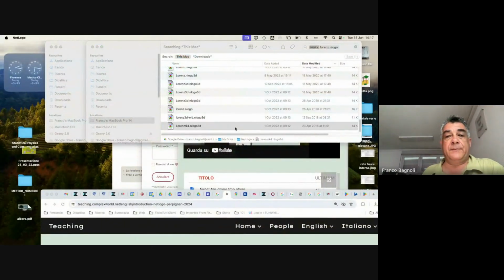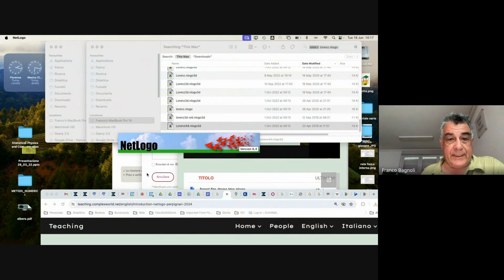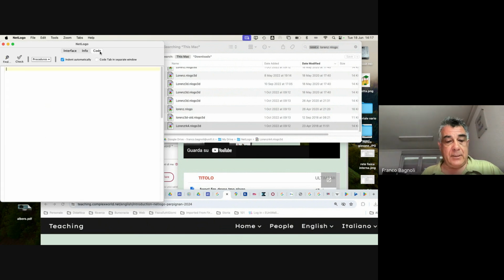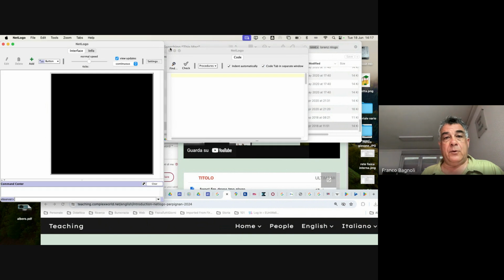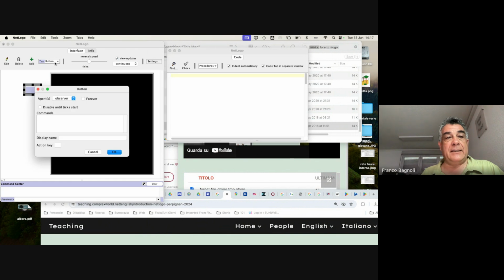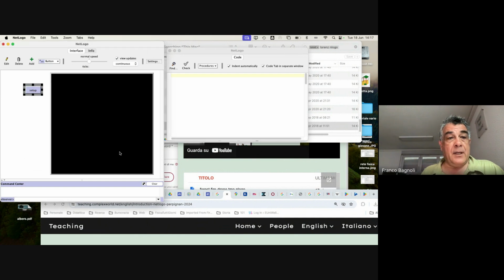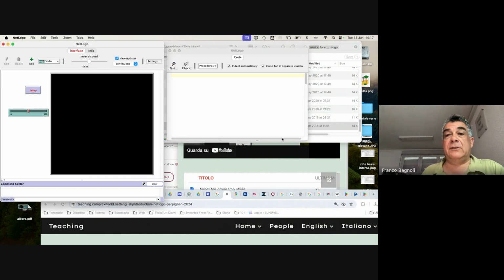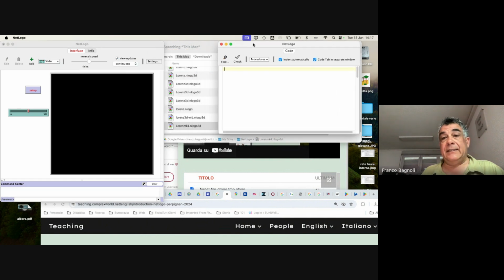original platform. So for the new entries, this is a self-contained platform in which you have the interface here that you can design at your will. So you can put a slider in order to change some variable, no? Some button in order to execute the code. And in the code part,